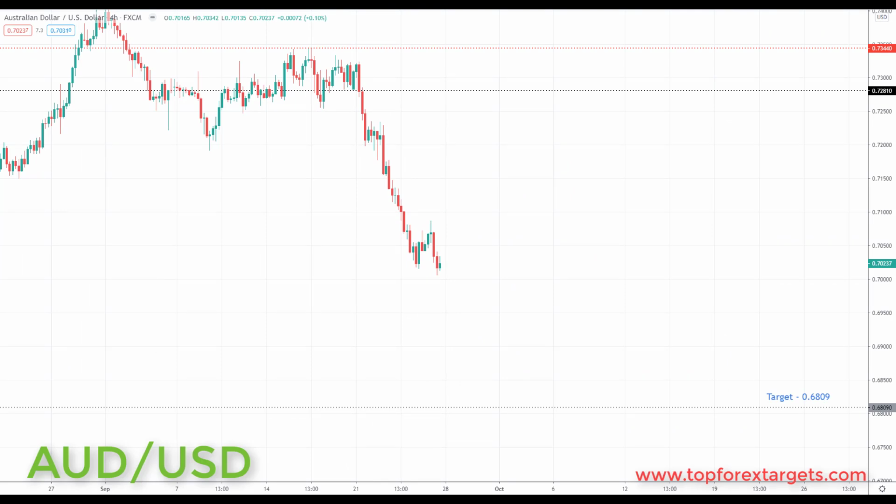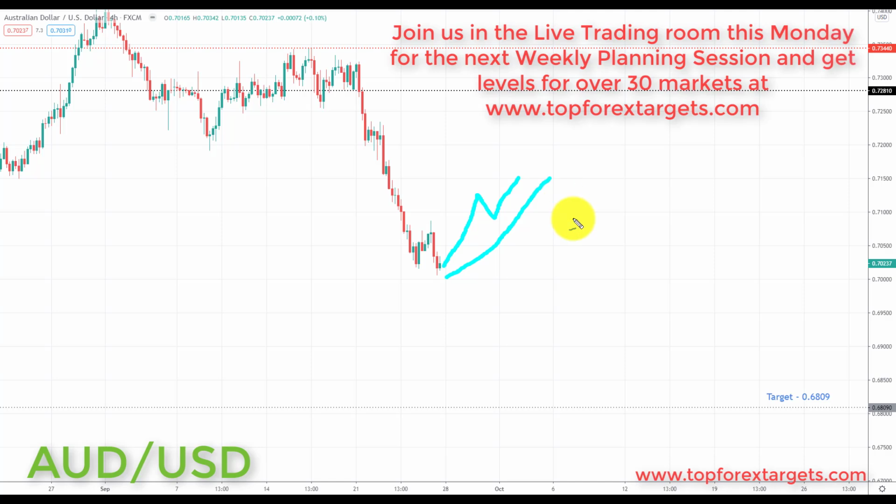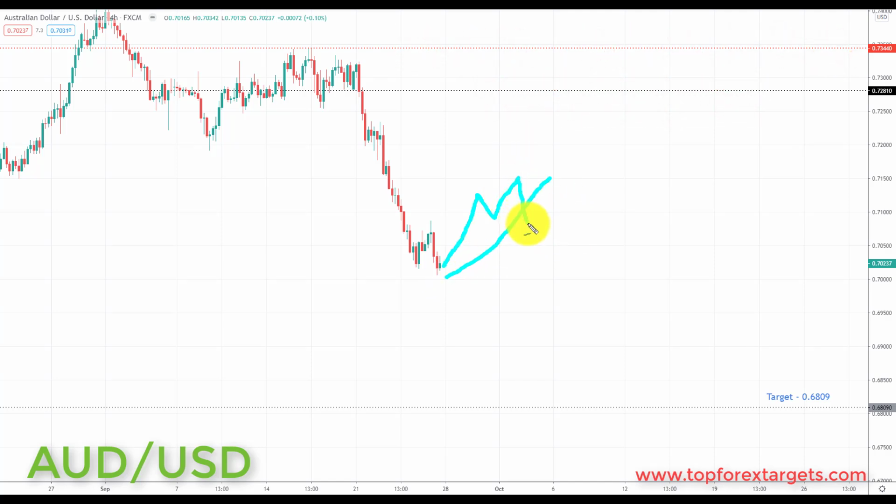So next market we're going to look at is Aussie dollar. Now last week we had a near-term trend reversal in Aussie dollar, and we start the week below a key area of broken support from the past, looking to potentially turn resistance at the 0.72810. Any correction in Aussie dollar to the upside is going to be viewed as a great opportunity next week to start to look for short positions. And if we start to break out to the downside after a correction, we're going to be looking at initiating shorts down towards the next key of support to the downside and the target set at the 0.6809.